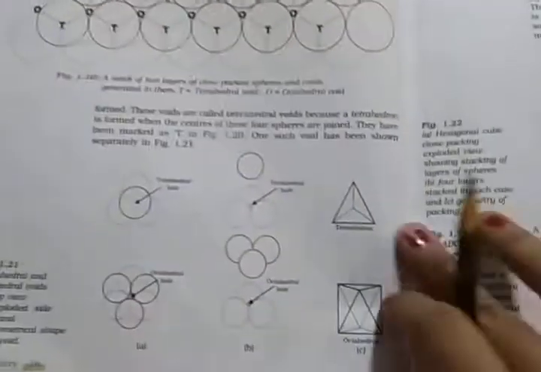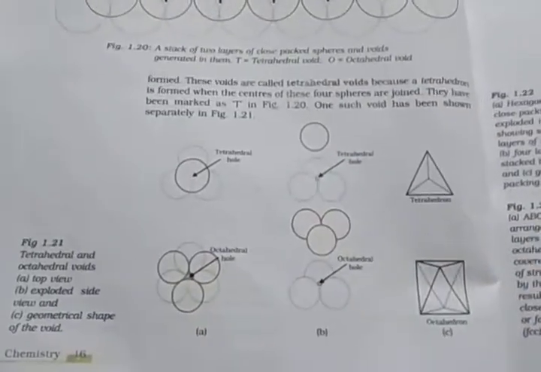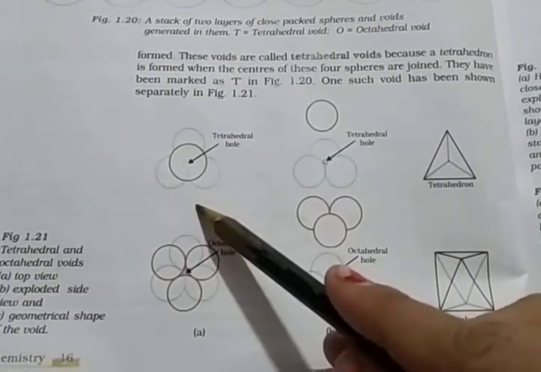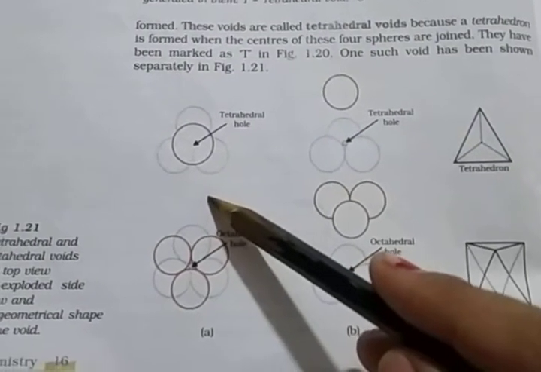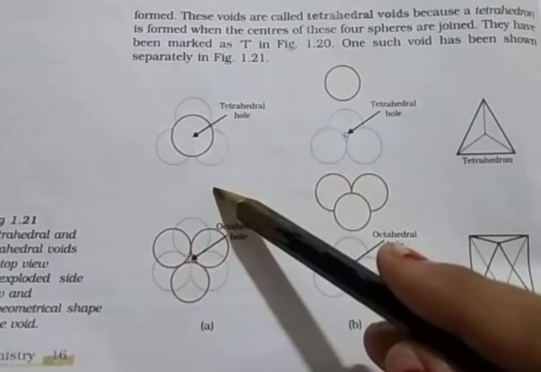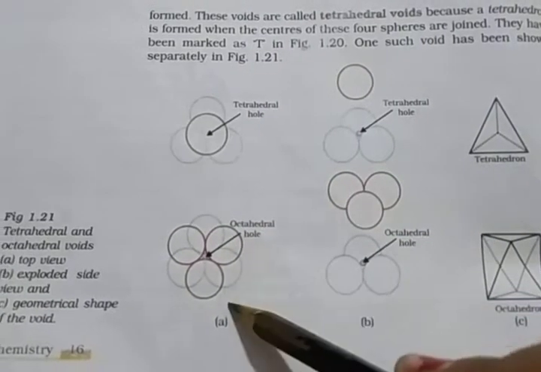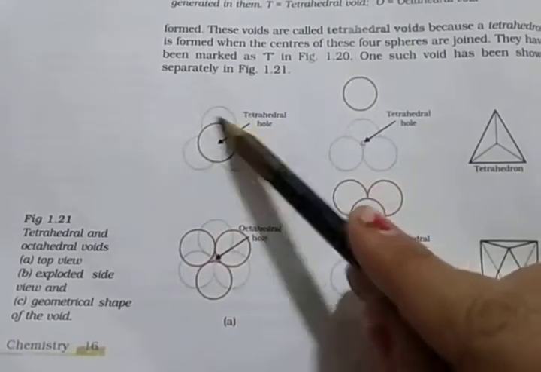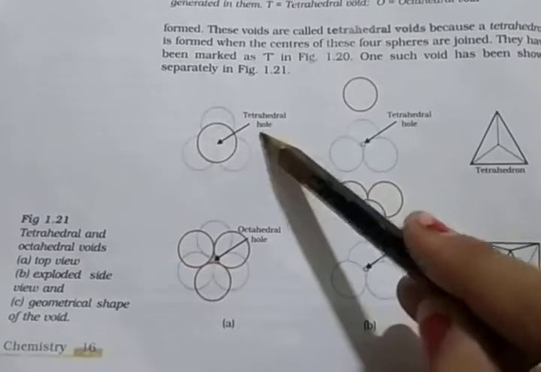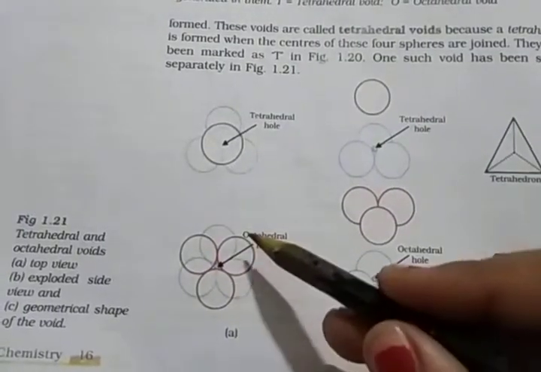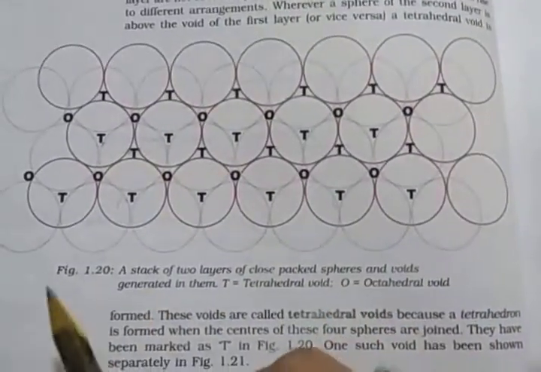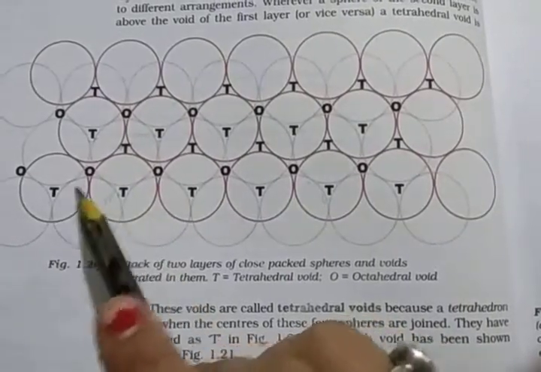So here you see, so properly you completely understood. First, the small a, upper side tetrahedral hole. Second one, octahedral hole. When one sphere on the backside is covered by 3, it is a tetrahedral hole, and the second one, 3 covered by 3, is an octahedral hole. But first you have to see the upper side. Here you see it is tetrahedral because downside you see the first layer, then the second layer is placed.